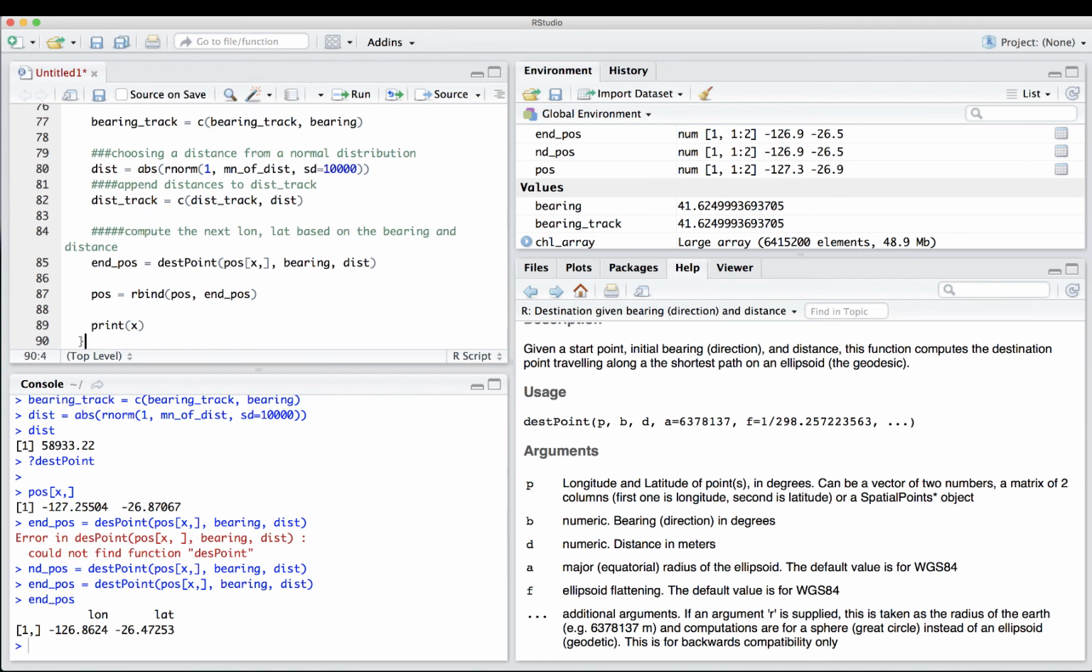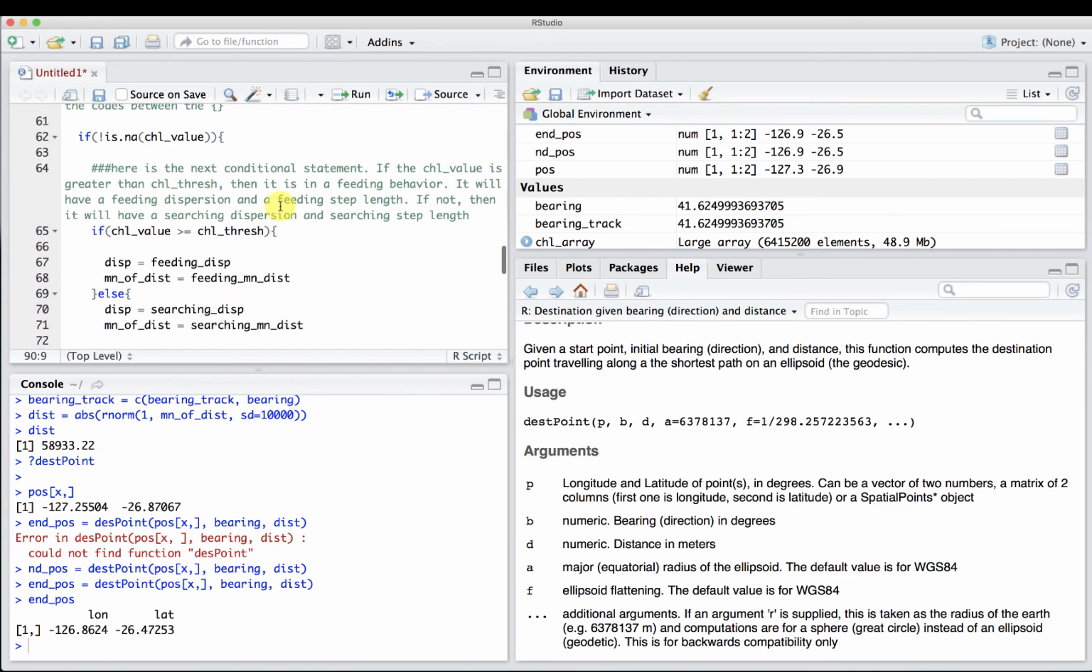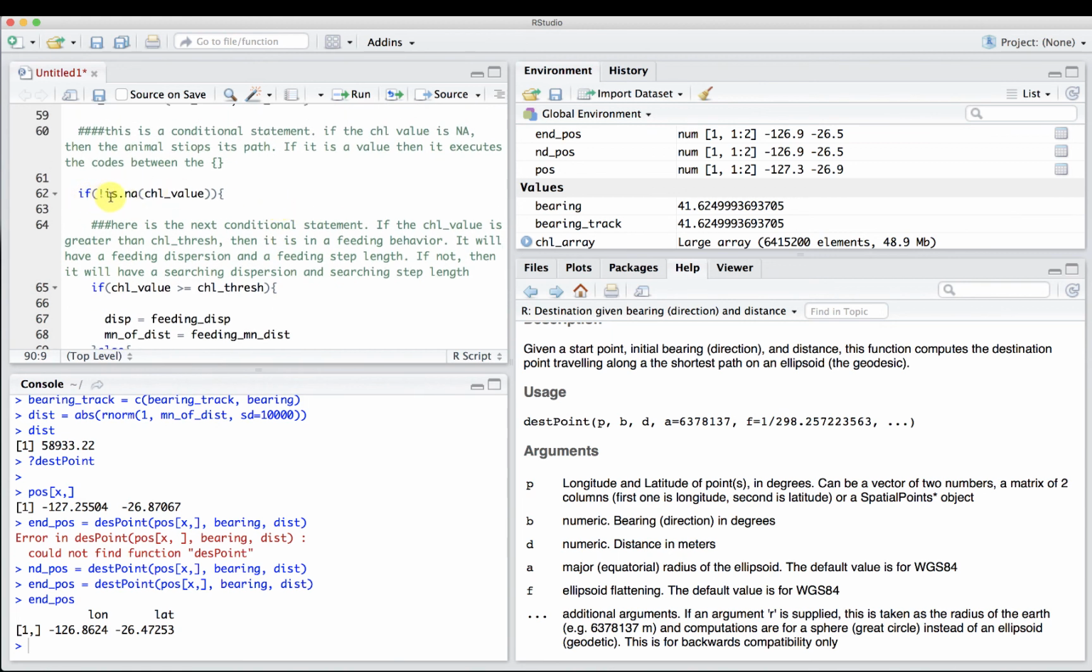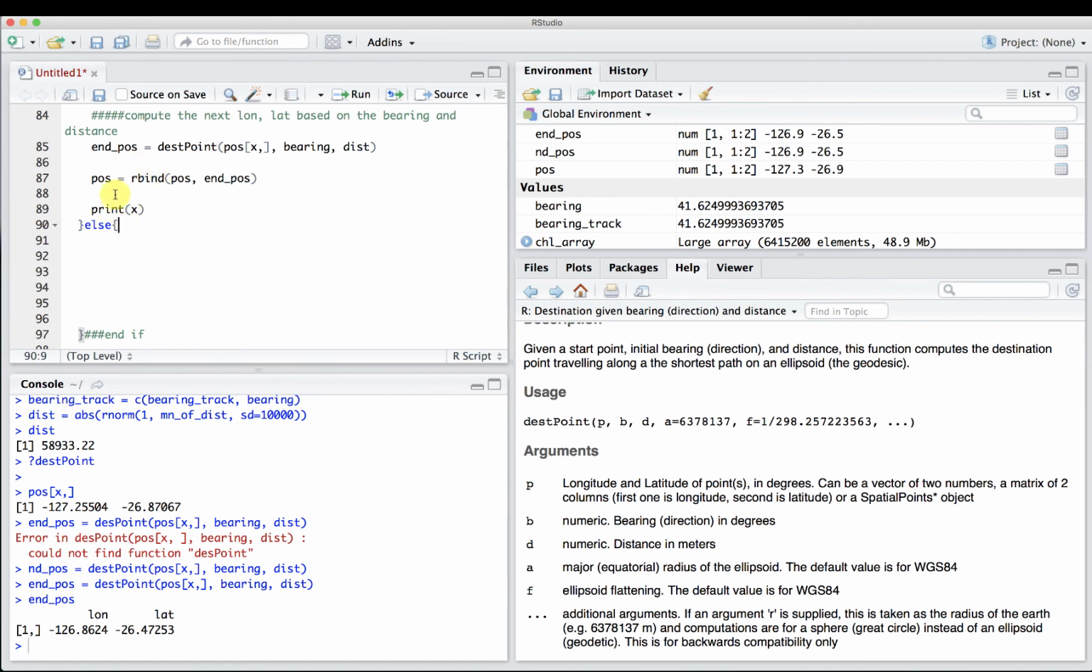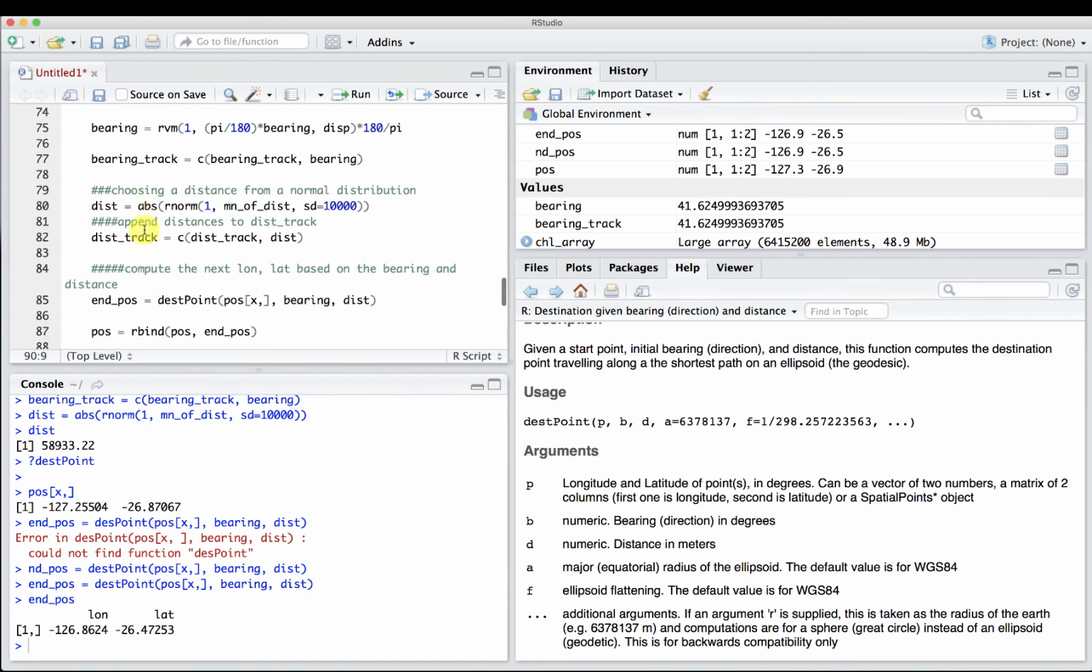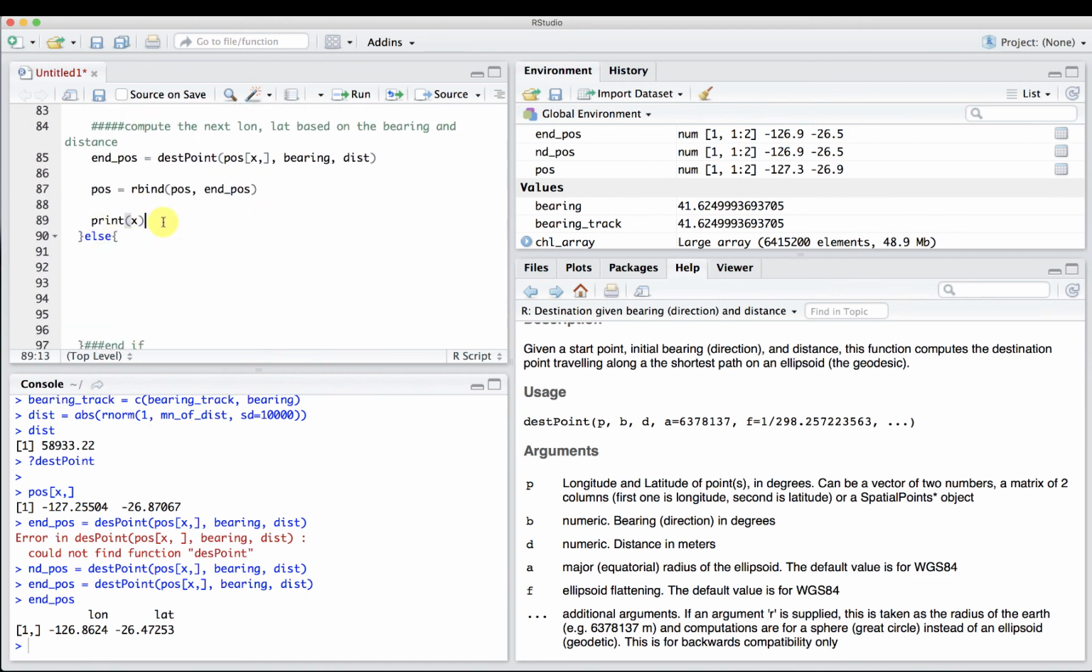Now we also need to put an else in here. Remember, this is left over from this if statement, if it's NA. So if it is NA, now else. So if it's not an NA, do all this stuff we did in here. If it's not an NA, or if it is an NA, else